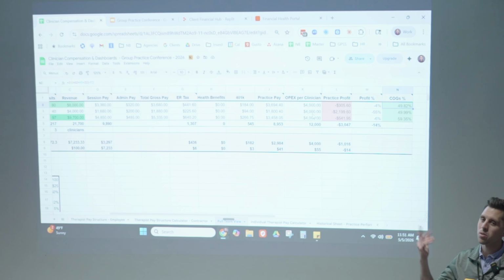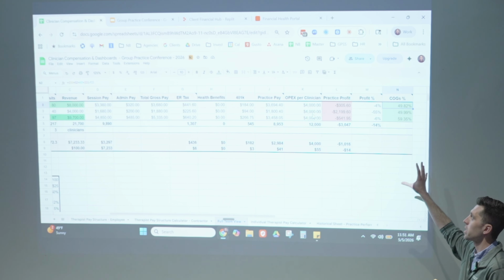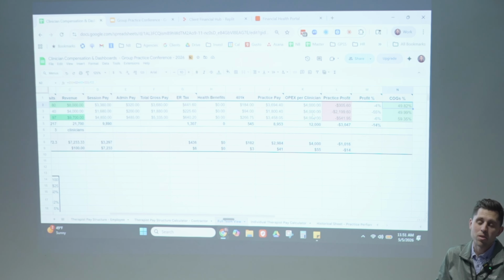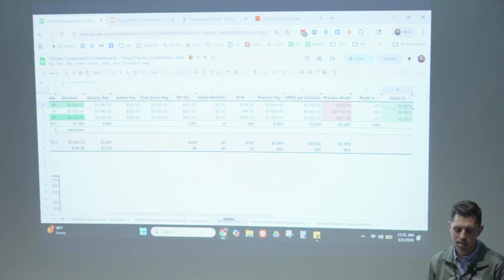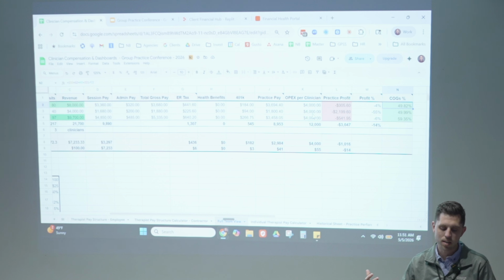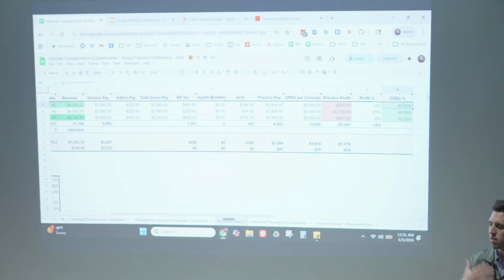But yeah, running all those scenarios on here is really helpful, right? To figure out how much of a bonus can I afford before this number gets crazy. So it allows you to be generous in a lot of ways. It gives you that clarity, right? Clarity is kindness, like they said yesterday. It's a great way of thinking through it on the financials. If you know where you are, you can be more generous, more giving, while still having a sustainable